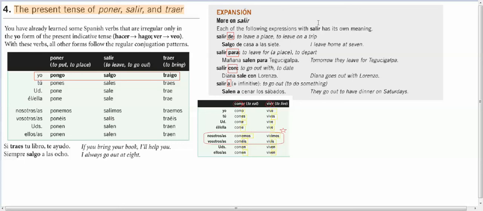Okay, we're going to go ahead and talk about more irregulars. When you conjugate verbs, when it's a regular verb, there are two parts to your verb. We've talked about this before. There is a stem and there is an ending. So if I have the verb comer,